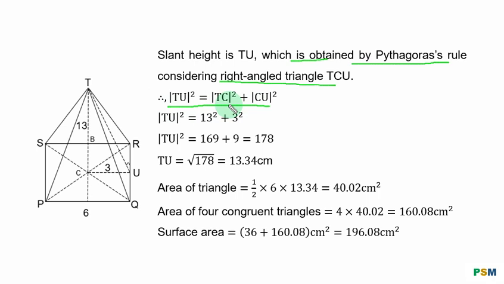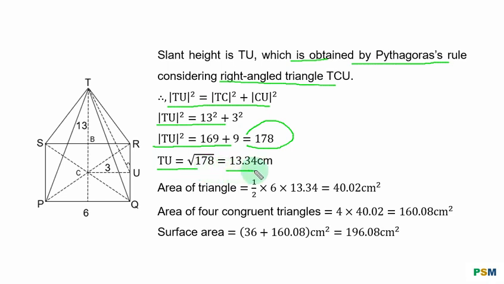TC is 13, CU is 3. You square and you add them. You have it in this form. Square on TU is equal to 169 plus 9 equal to 178. Take the square root of both sides to get TU. So TU is equal to square root of 178, and that is